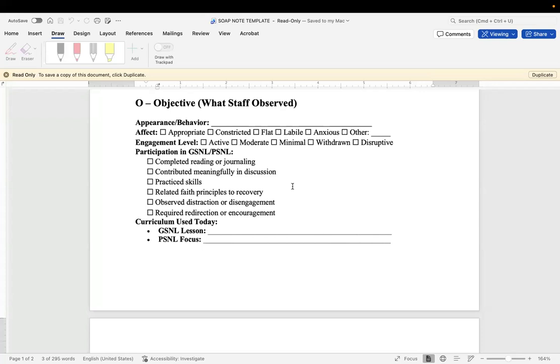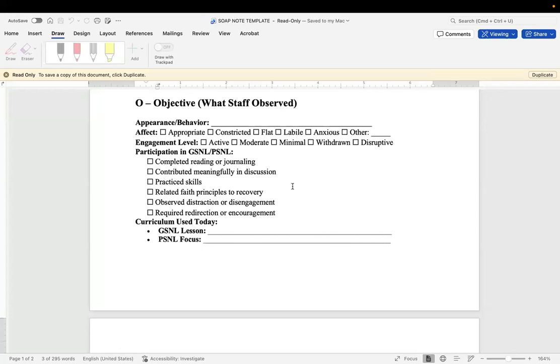So you can be flat and anxious, not at the very same time, but in the same day. And it's okay to show that mood disturbance, that change. In fact, it's important to show that so that we can look and start seeing trends. Is she flat in the morning and more anxious in the afternoon, or vice versa? Maybe it's a medication that needs changed. Maybe it is something that we need to walk through with her. And it helps you as a counselor to know, hey, she's going to be a little grumpy in the morning, but she's going to kind of flatten out by the afternoon, or vice versa. She's going to be a little flat in the morning, but by the afternoon, she's doing great. So it helps you to know that.